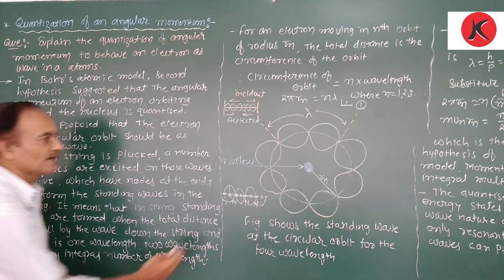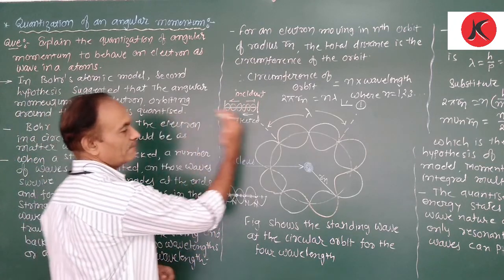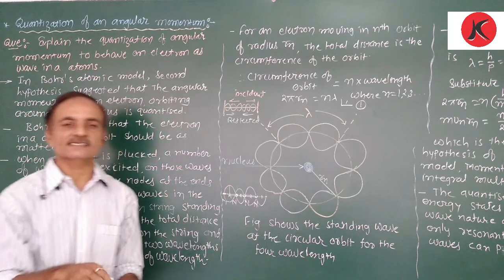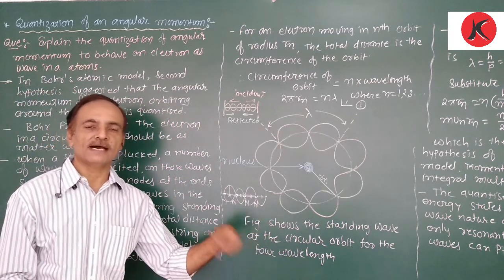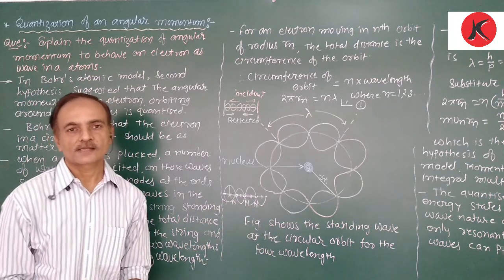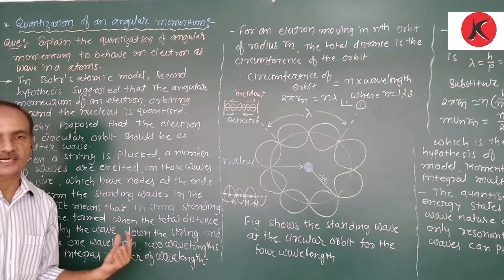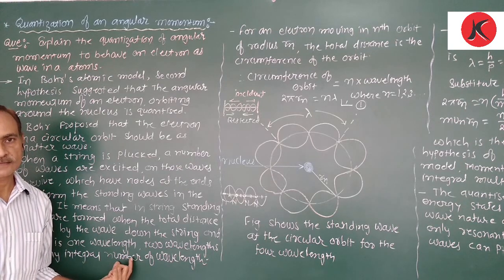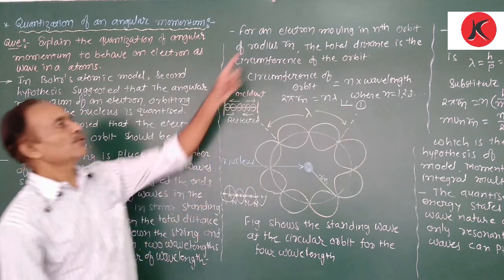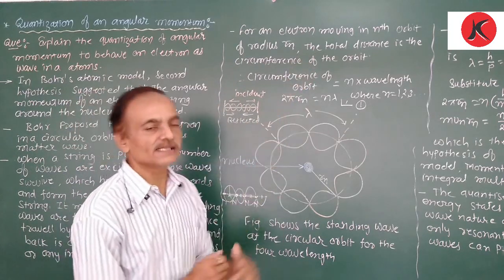When the distance traveled by the wave during the incidence and reflection is equal to either lambda, 2 lambda, 3 lambda, or n lambda, only those waves survive and produce a stationary wave in a string. Using this concept for an electron moving in the nth orbit